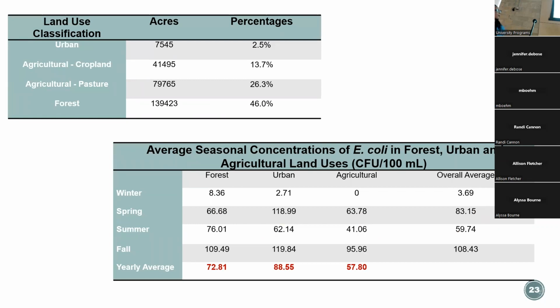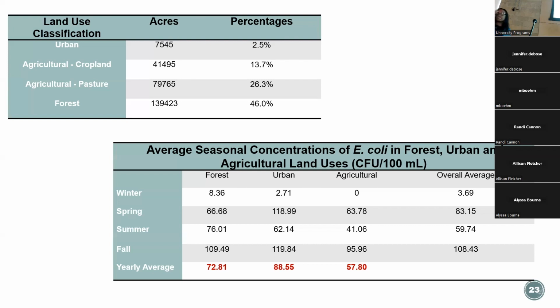All right, so seasonal patterns of these indicator bacteria often differ with the different land use areas, because runoff from forested and pasture lands tend to wash off into the streams during storm flows. And so the most dominant land use area here, again, is the forest, followed by agricultural, and then the urban watershed area. And so we also see that looking and then breaking it up in spring, summer, and fall, but overall through the year, when we're looking at these average seasonal concentrations in these different land use areas, we see that urban overall, and it's taking into account all the E. coli levels, was higher, followed by the forest land use area and then the agricultural land use area, which per all the literature is a little,